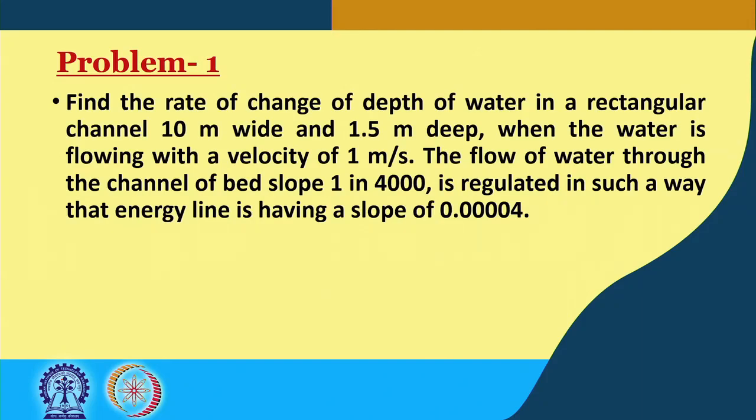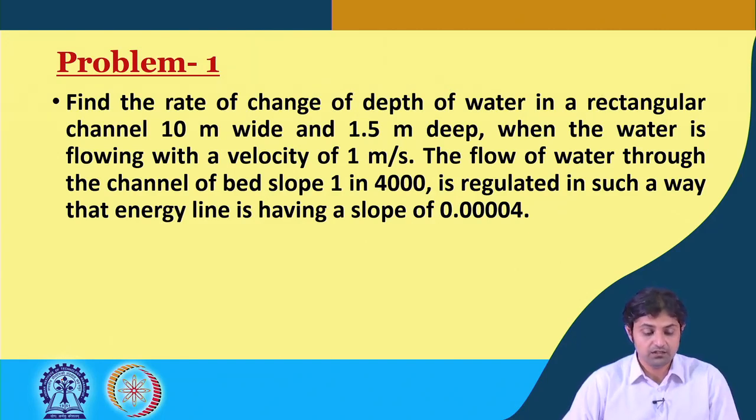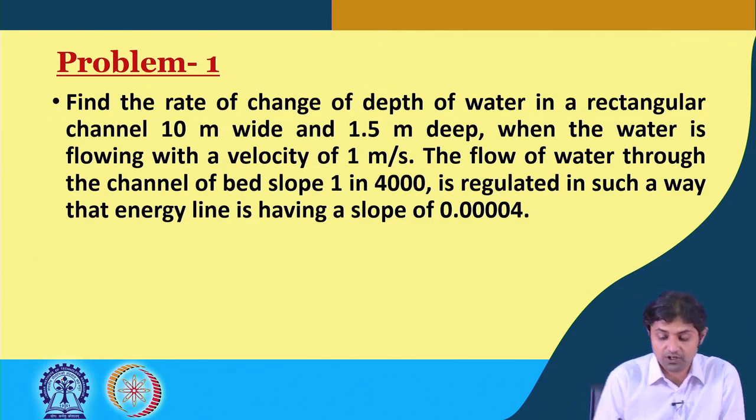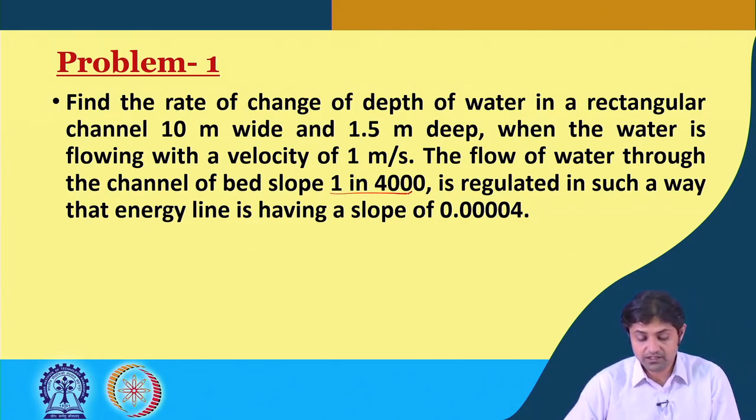The question is, find the rate of change of depth of water in a rectangular channel which is 10 meter wide and 1.5 meter deep when the water is flowing with a velocity of 1 meter per second. The flow of water through the channel of bed slope 1 in 4000 is regulated in such a way that the energy line is having a slope of